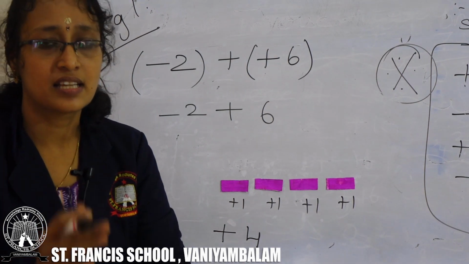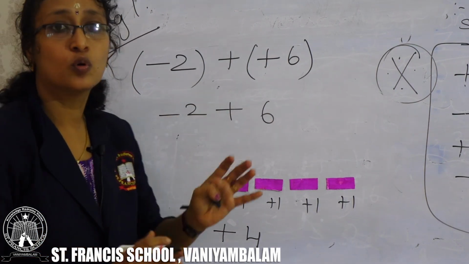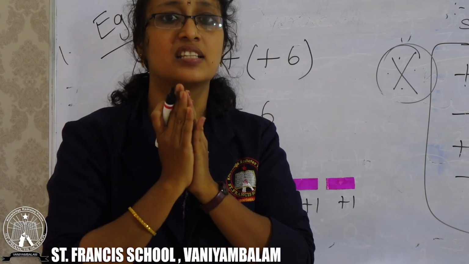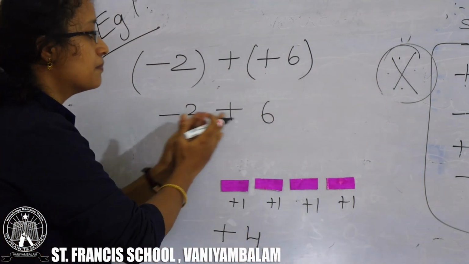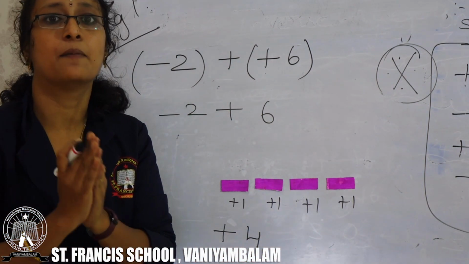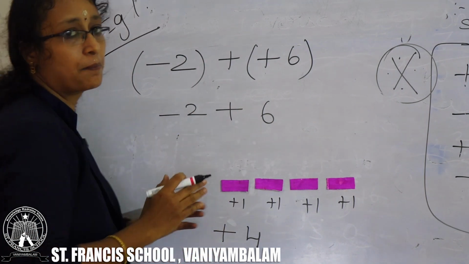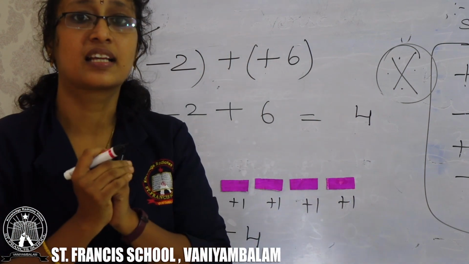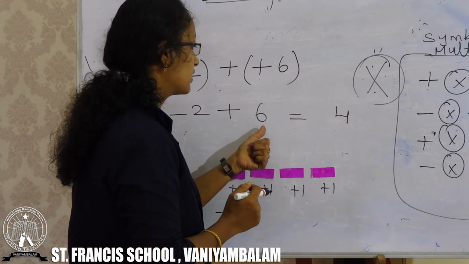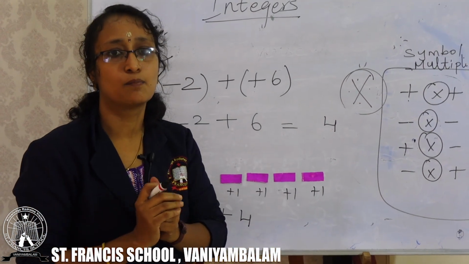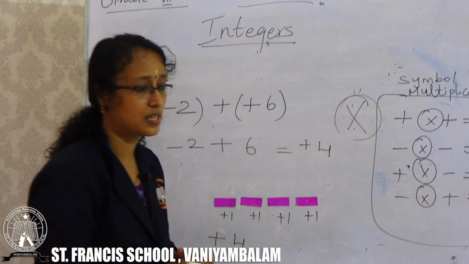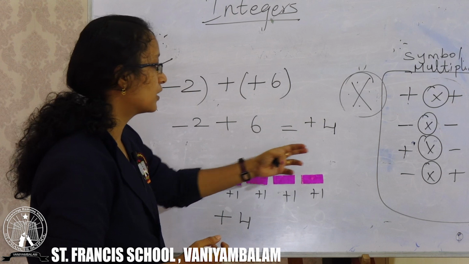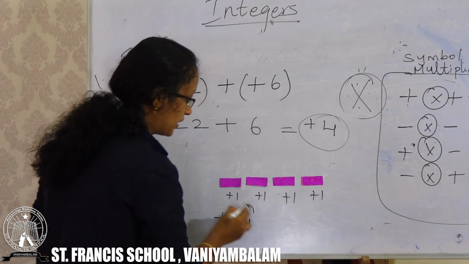Got it? As I told you, addition of two different symbols: if you are going to add one positive integer and one negative integer, if the symbols are different, subtract them and put the symbol of the greater number. So I am going to subtract 2 and 6. If you subtract, you will get 4. And what is the greater number? You check. The greater number is 6 and its symbol is the positive sign. So you write the positive sign. If there is no symbol, you can write the positive sign before it. So you got the answer. Are the answers the same? Yes.